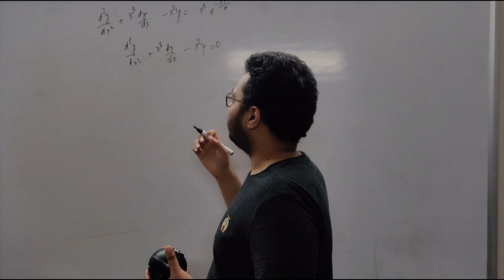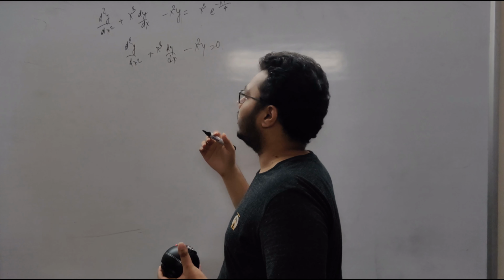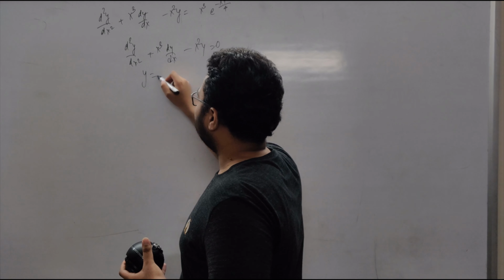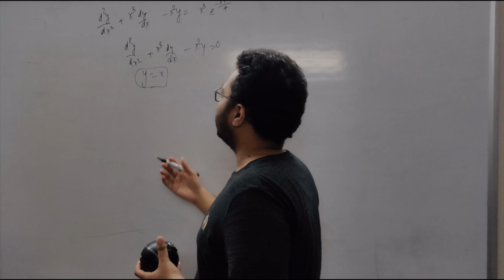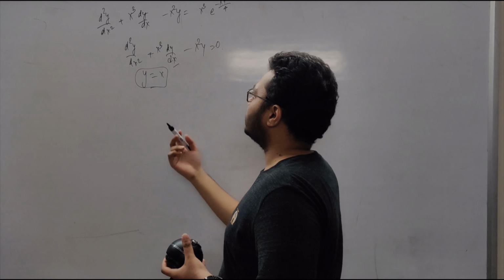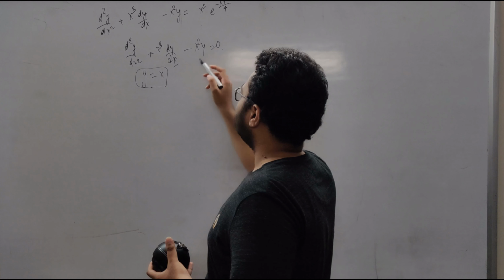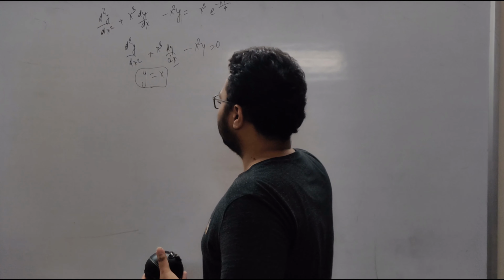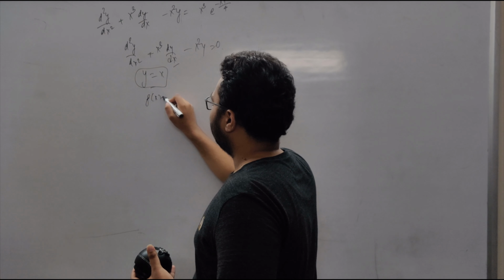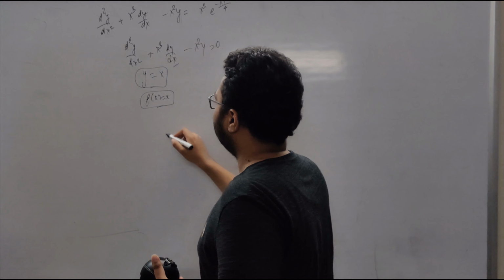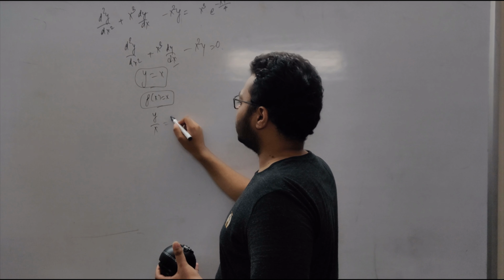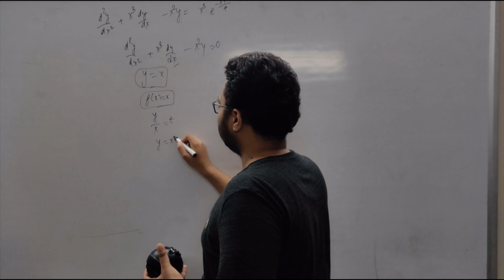However, everyone thinks differently. You have to think and come to the conclusion that y is equal to x satisfies this equation, because dy by dx is 1 and d2y by dx square is 0. So y is equal to x, and this is x cubed, so it is 0. So y is equal to x is a solution. That means f of x is x. So we had to put y upon f of x is equal to t. So y upon x equal to t. So y equals xt.